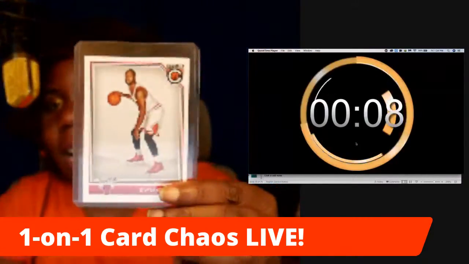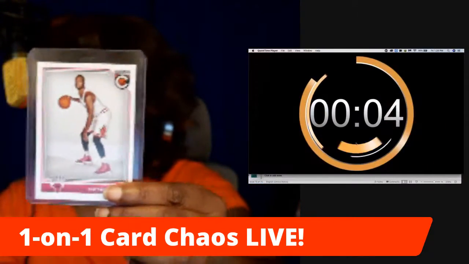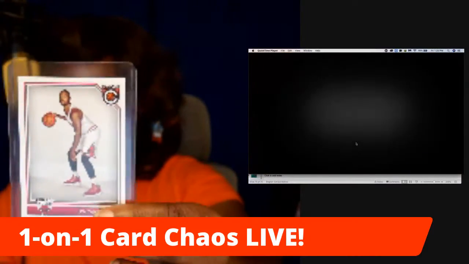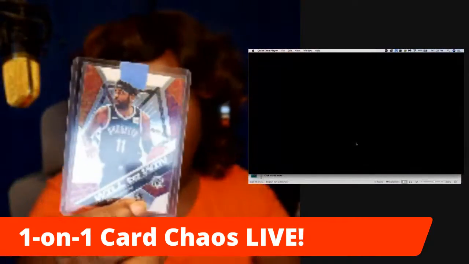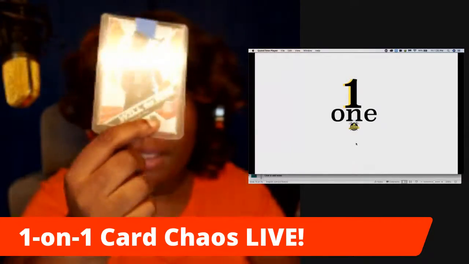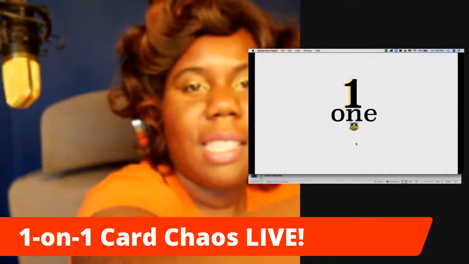Handle wise, yeah, I mean Wade was quick to the basket, but that doesn't necessarily mean he could. I don't know. Could Dwayne Wade create his own shots? That's the question, because I know Kyrie can. And that is an essential part of one-on-one. So if I had to go with this, I would go with Kyrie Irving. All right. Welcome to Card Chaos Live.